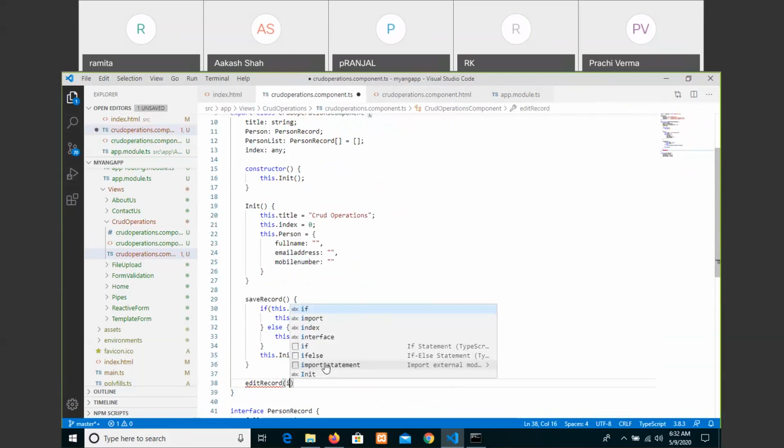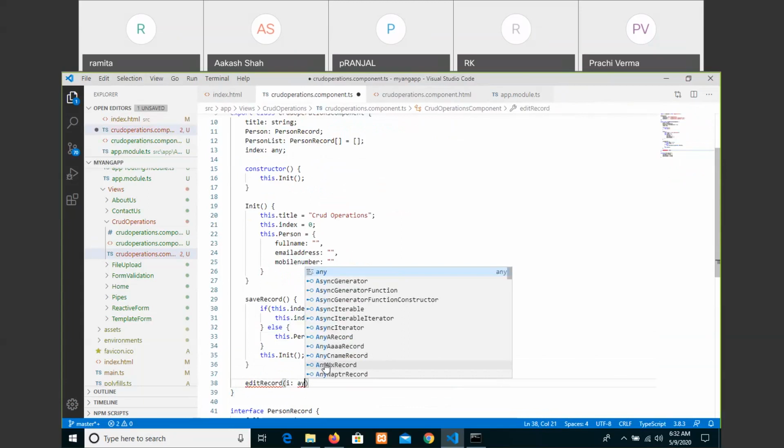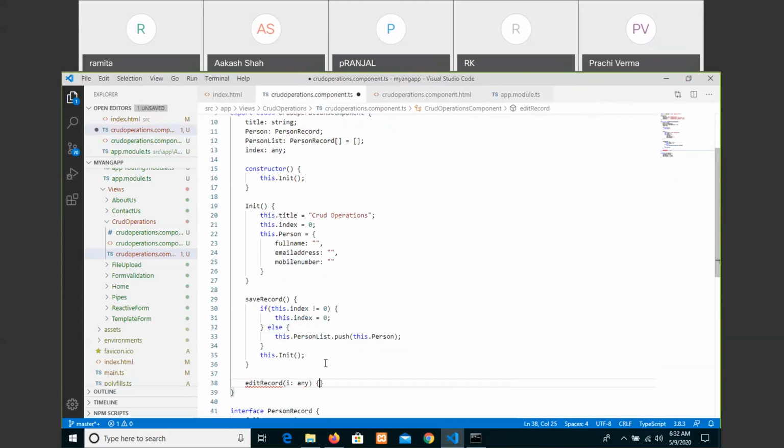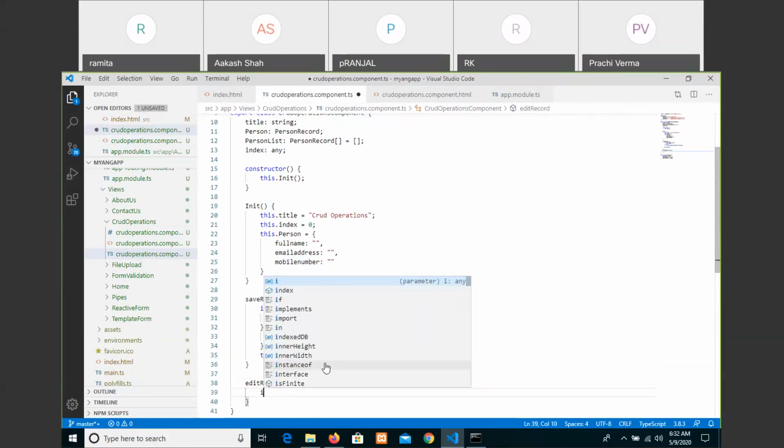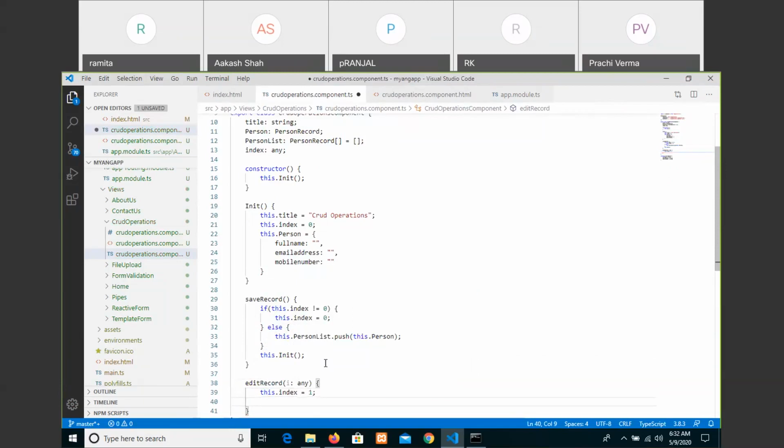Edit record of I, or any parameter. Sorry, a parameter that you have passed and that we are accessing here as an argument. Now what you have to do, let us first change that index. Index is considered as another value, and from the person list you have to get into person. So person equals